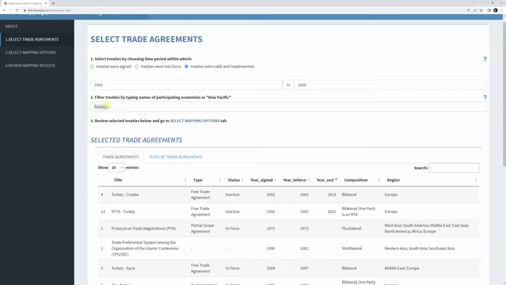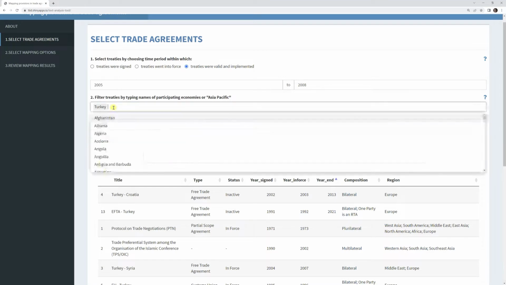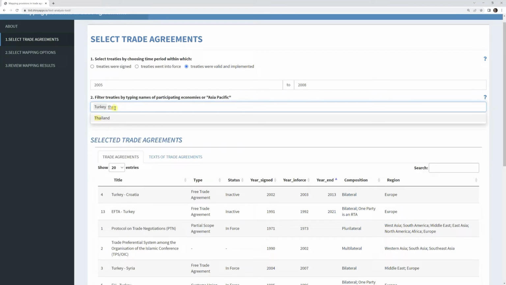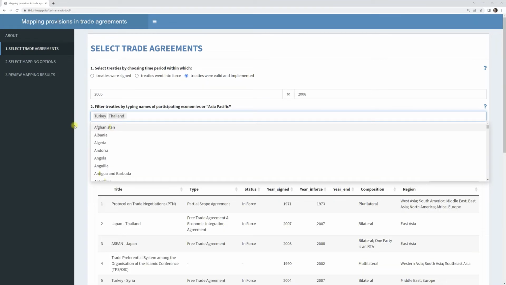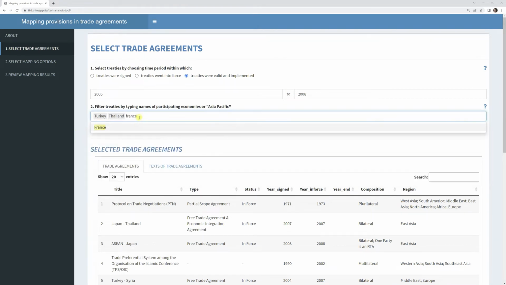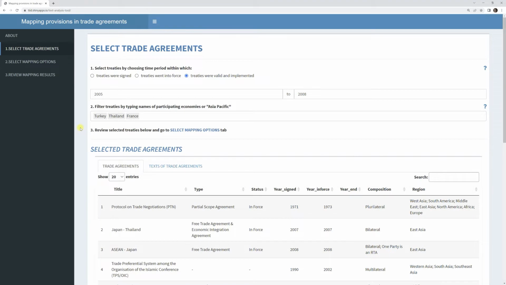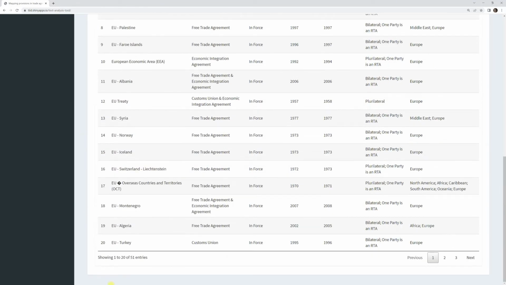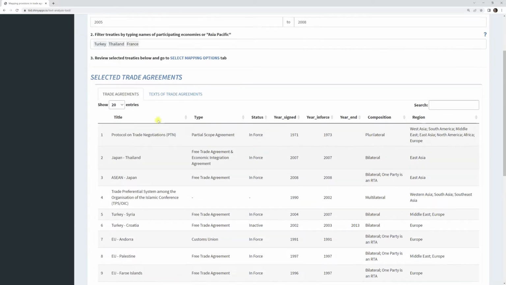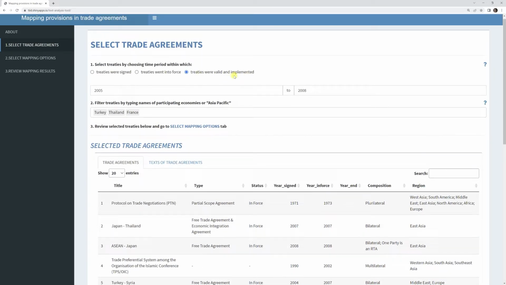And in the second filter, we can enter the economies that are parties to trade agreements. Right now we have Turkey selected, but we can add more by typing names of those economies. For example, let's add Thailand and France. And we will see that there are 51 trade agreements signed by these three economies that were valid and implemented